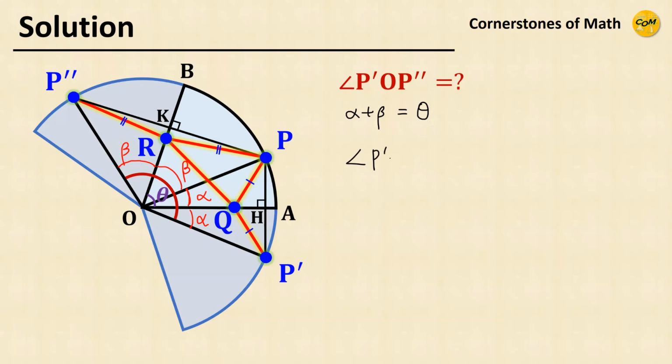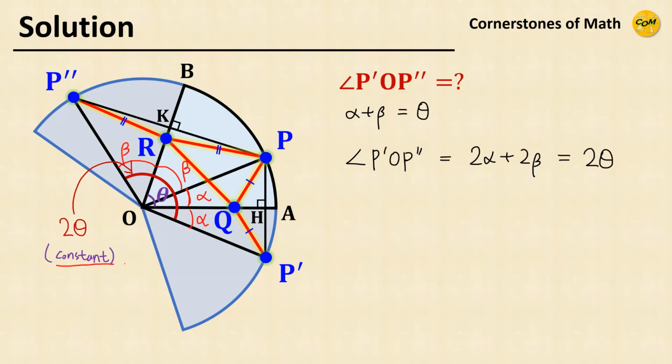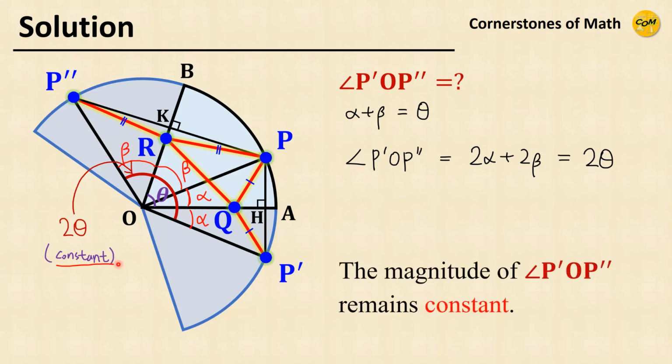So angle P'OP'' is given as 2 alpha plus 2 beta, which is 2 theta. So this angle right here is 2 theta, which is constant. Therefore, we have another very important conclusion. Even though the positions of P' and P'' change because they depend on the position of P, the magnitude of the angle